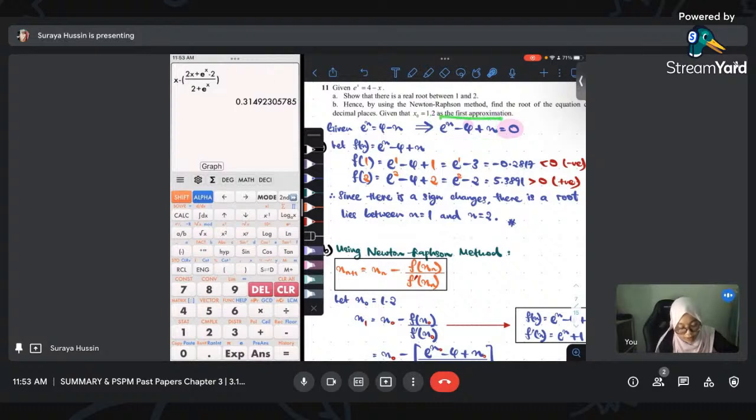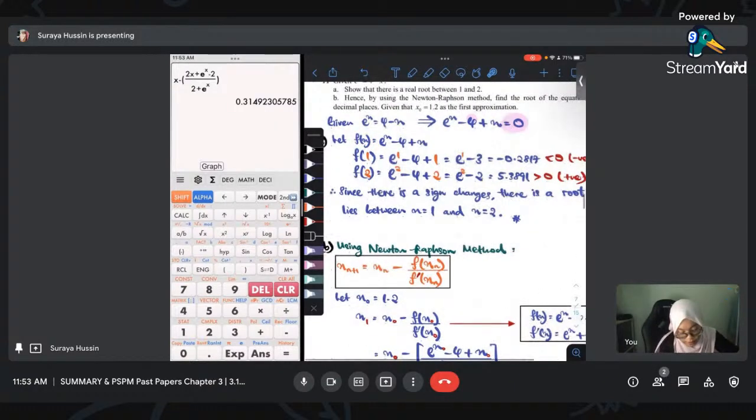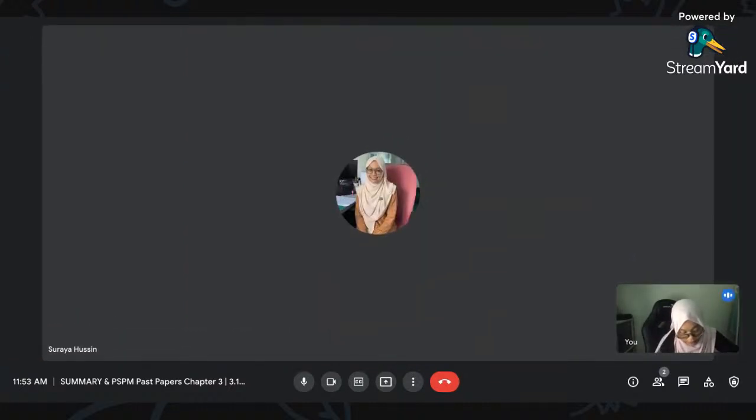So when we have non-linear equation already, we can just let them into becoming huruf F. You can do G, whatever you want. We do F because our formula of Newton-Raphson is always in huruf F. Okay, that's why we tend to do F more. Okay, and so all you have to do is just make sure you pandai let. After you dah let, masukkan nilai apa? Nilai 1 dan 2. Sebab soalan yang kata, show that if there is a real root,